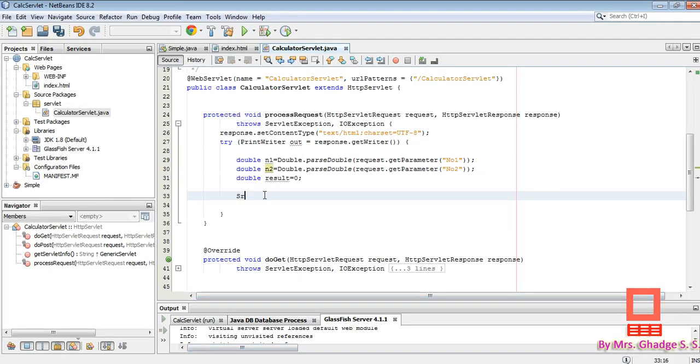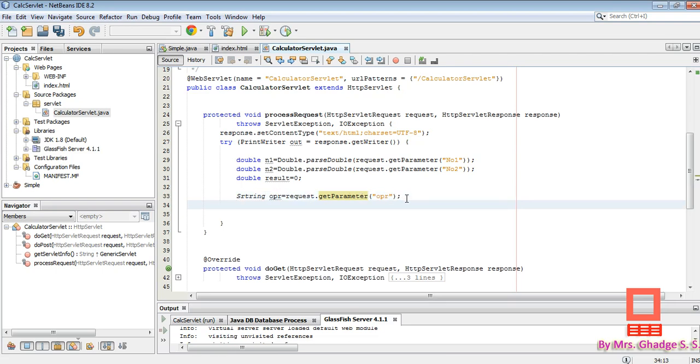Take one more variable, String opr is equal to, again the same statement, request.getParameter, and in the brackets we write the name property. We are using the name property opr to indicate the operation.